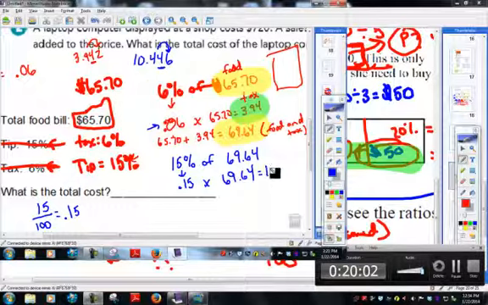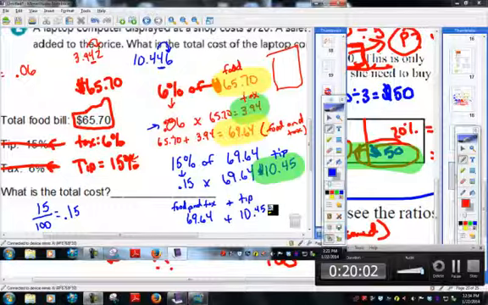So my tip amount for my waiter or waitress is $10.45. So now in green, that is just my tip amount. So now I've got to take my food and tax, and I need to add it to my tip. So the number here for food and tax is right here, $69.64, plus my tip amount of $10.45 gives me